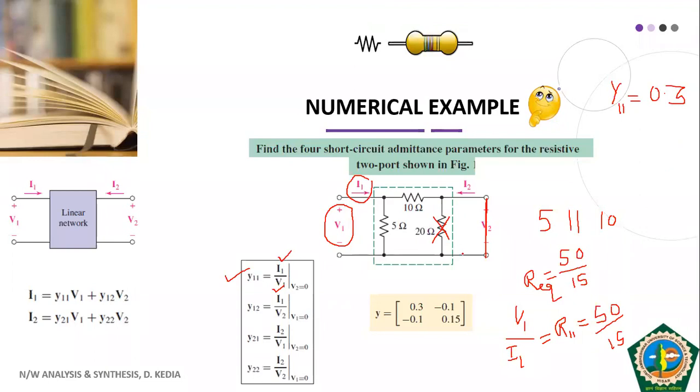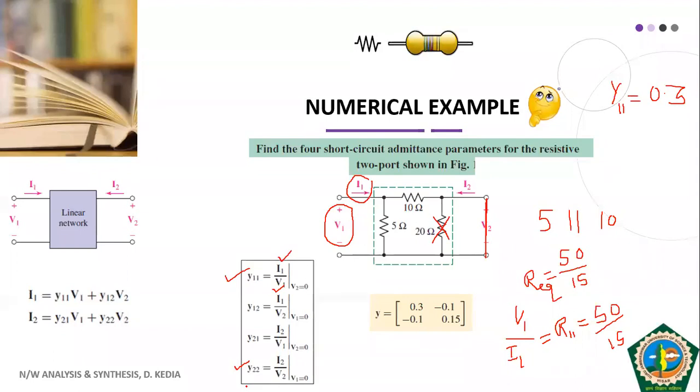Okay, this is how we have obtained one parameter. Fine. So students, I will advise one thing to you people. Wherever you solve for admittance parameters or impedance parameters, you first try to find out your Y11 and Y22. Similarly, for your impedance parameters, you calculate Z11 and Z22. So it will be easy for us.